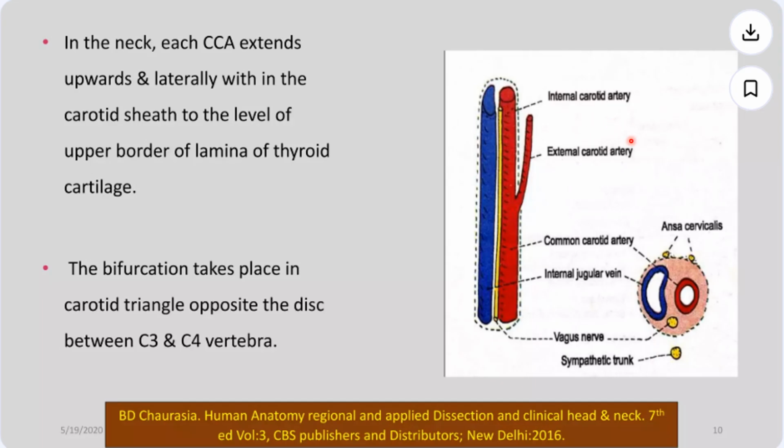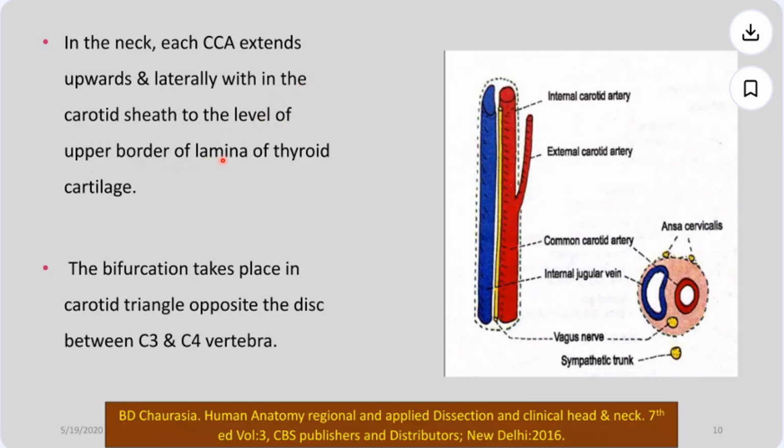So we can see here that this is covered in the carotid sheath. It is the common carotid artery. This is the internal jugular vein, which we say is on the lateral aspects, along with the vagus nerve and ansa cervicalis, sympathetic trunk. In the neck, each common carotid artery extends upward laterally within the carotid sheath to the